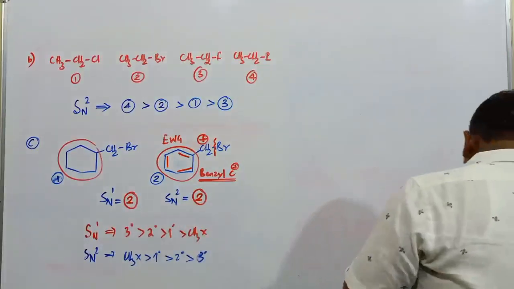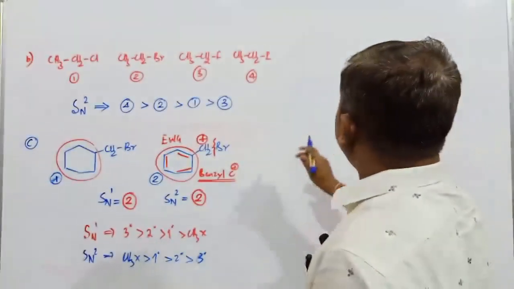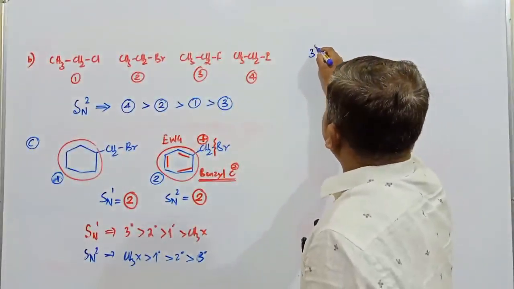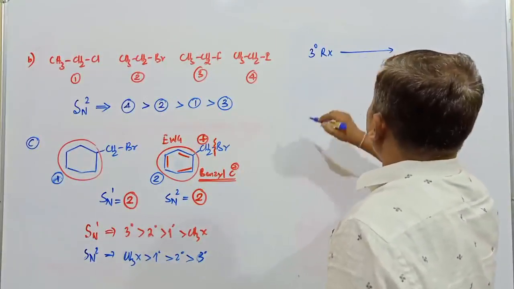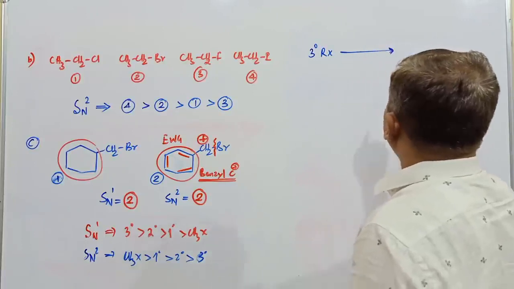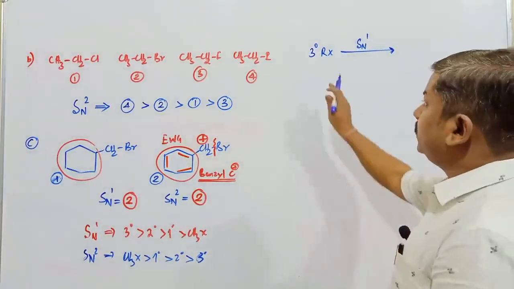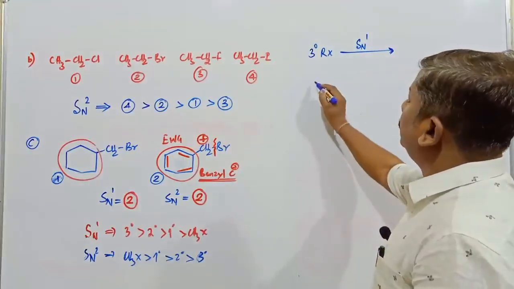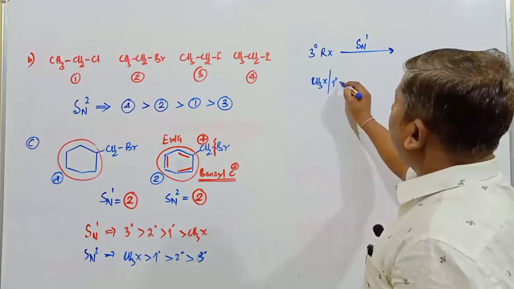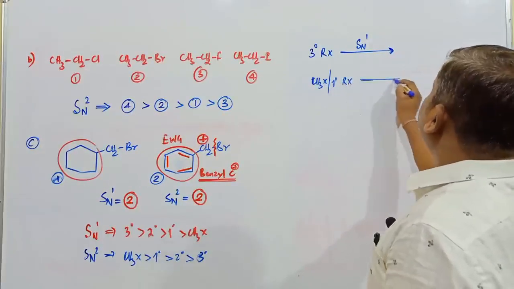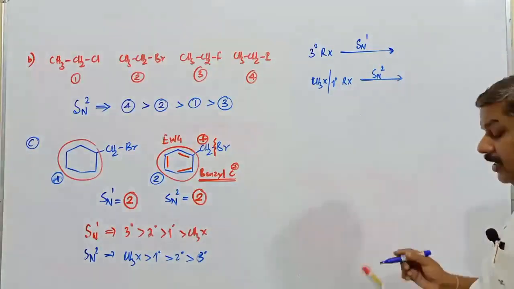Another example, if you consider another particular example. Before going to the example, if the compound is a pure tertiary alkyl halide, it usually undergoes the SN1 mechanism because the tertiary carbocation is more stable. If the compound is a methyl halide or a primary alkyl halide, usually it undergoes the SN2 mechanism.